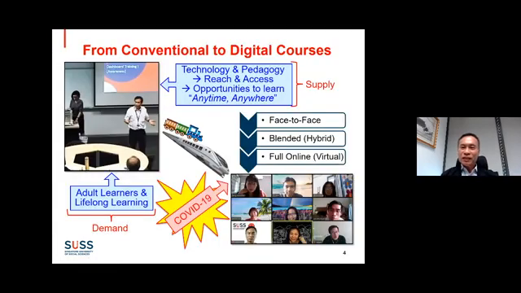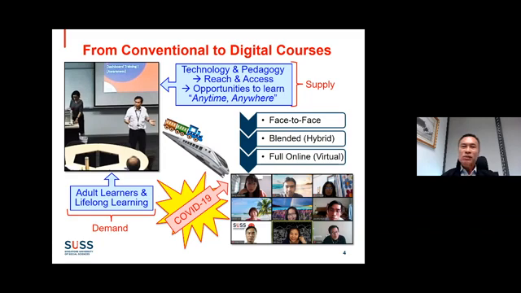In this slide here, you notice that I've got two photos, one on the top left side, the other one on the bottom right side. Now, the contrast in these two photos are quite obvious in the sense that if you look at the top left, we're talking about conventional classes, about face-to-face physical classes. And right at the bottom on the right side, what we have is online class, a virtual session, a digital